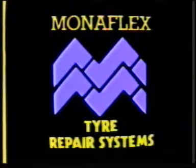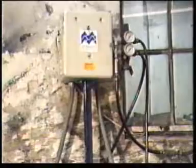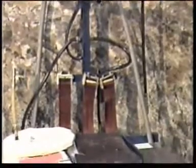Introducing the Monaflex tyre repair systems. The Monaflex tyre repair systems cover the complete range from passenger through to the world's largest off-the-road tyre, 6700 by 51. The repair systems comprise the following: the PLT tyre repair system for passenger and light truck radial and cross-ply,